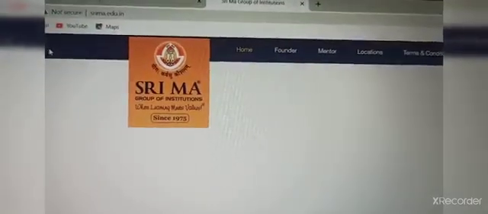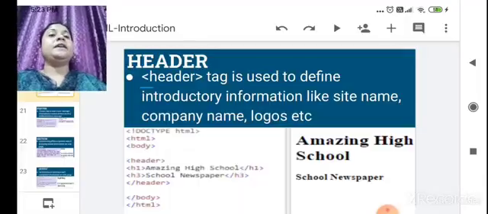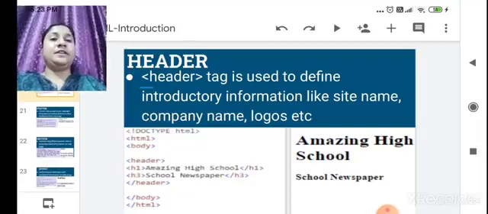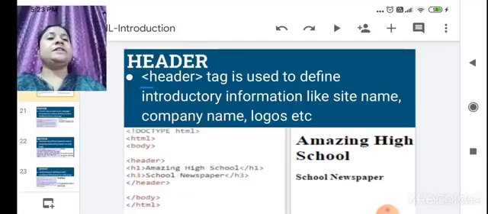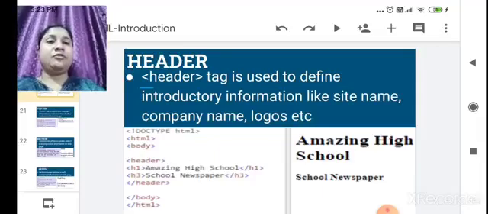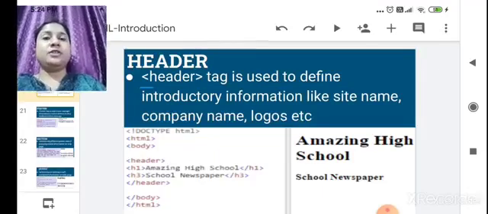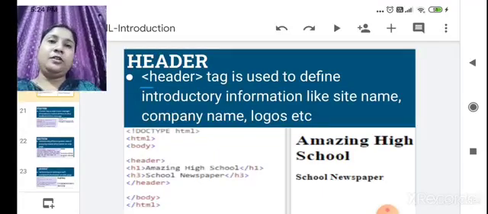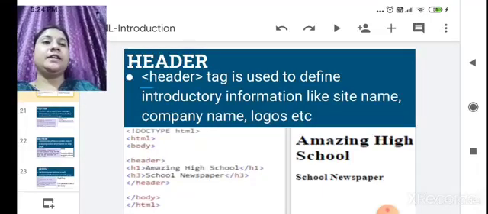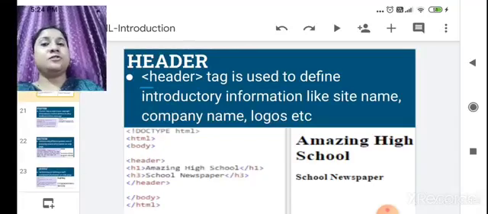Okay. Next is header. Header tag is used to define introductory information like site name, company name, logos, etc. Okay, so header has the opening and closing tag. Whatever you write in a header may be a site name, company name, logo or slogan.